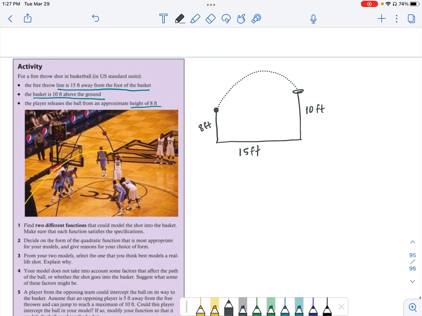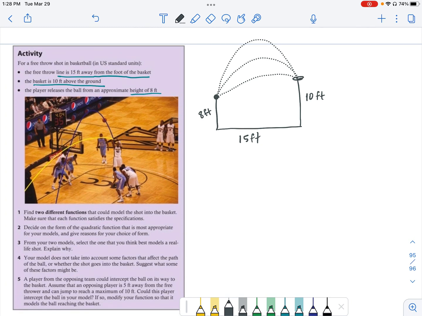Now, as you can see in the picture as well, that could be a kind of flatter shot. You could do a big lob and make it really high. There are multiple ways to get there, multiple paths that ball could take. Theoretically, it could go straight across and be coming back down and go into it as well. So because this is a parabola,